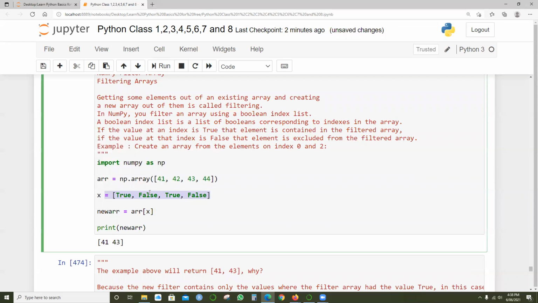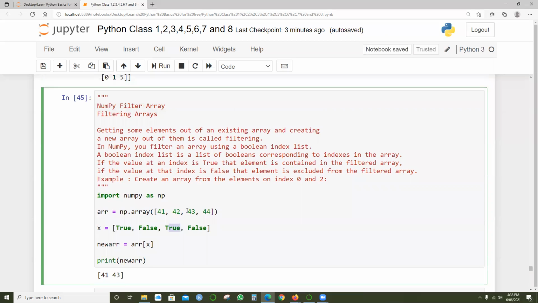What values did we get here? 41, and we don't have 42, we got 43. Why did we get only 41 and 43? Because we are saying true, then false, then true, then false. When we give the array x as the index, it will look for only the true values. 41 is true, so it prints; then false, it won't print; then 43 is true, so it prints. That means you're filtering the values.